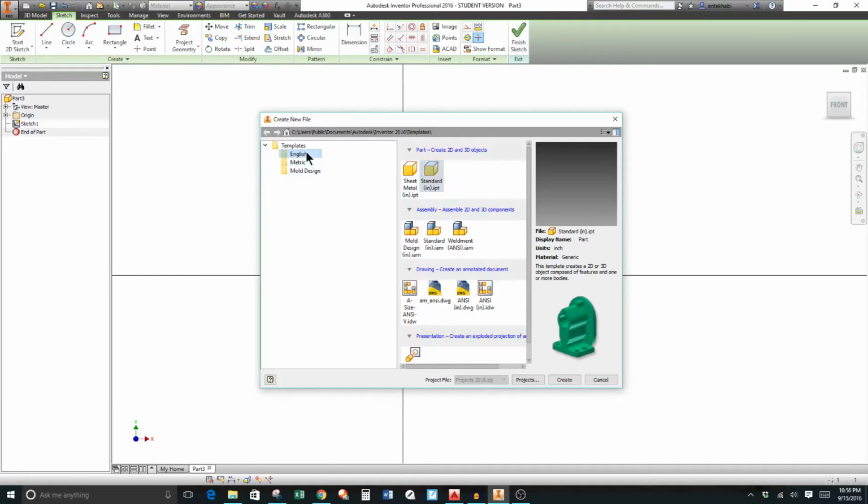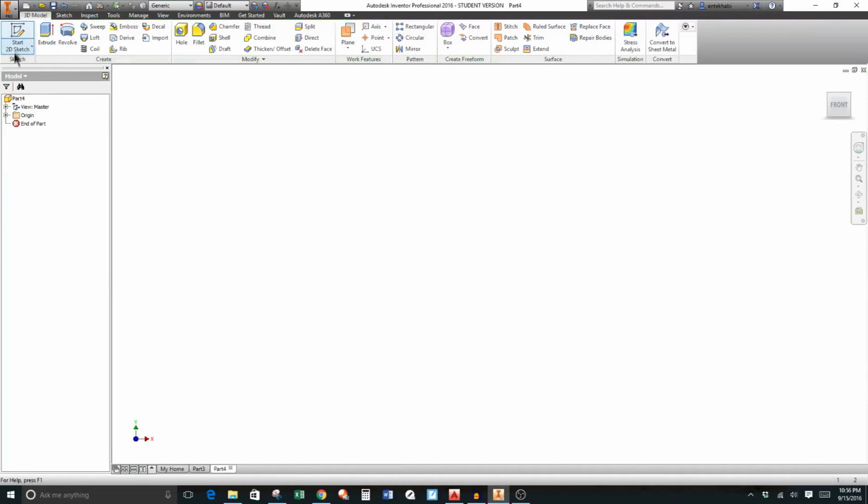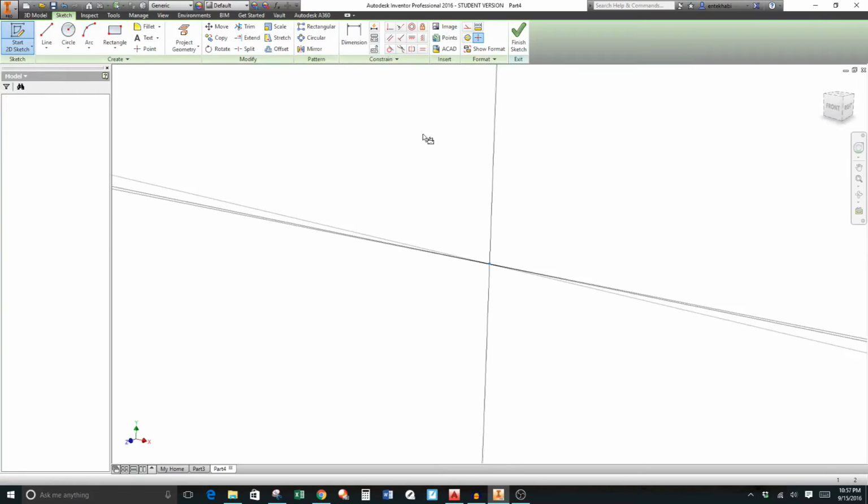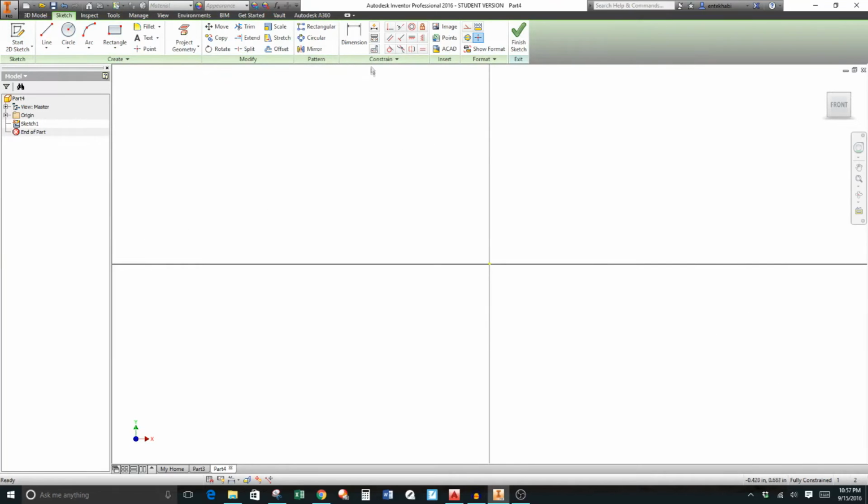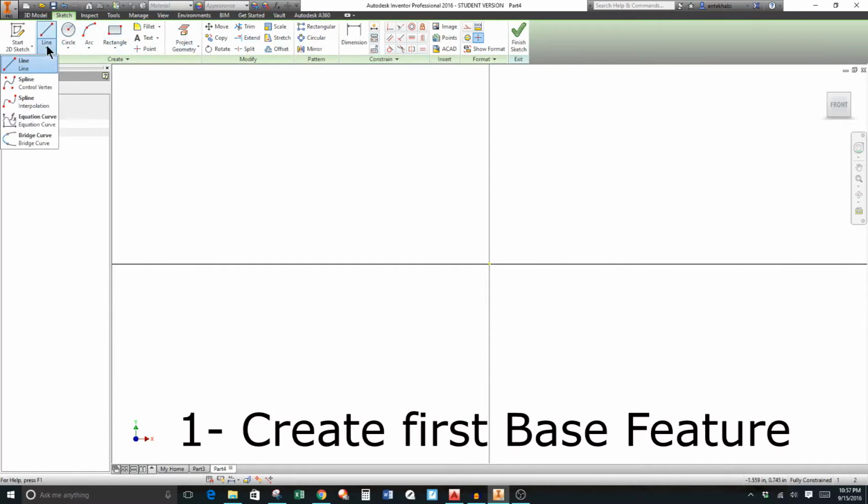We begin this project in English units. We select the standard part and we create our first sketch on the XY plane. We will begin this sketch profile by creating a line, and that line is going to be connected to the